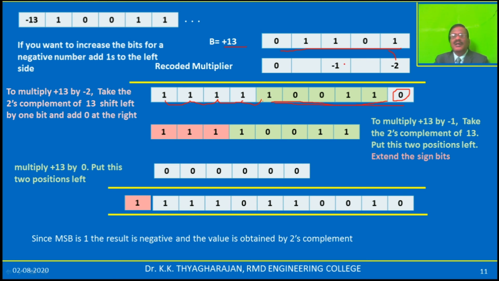Then the multiplicand should be multiplied by minus 1. So actually in the multiplicand you have plus 13. If you multiply by minus 1, you will get minus 13. So the code for minus 13 is this one. So you put that 10011 in the second row. But when you are putting that value, you should be careful. Since it is in the third position, you have to put it here only, not in the second position. So you have to start here. That value you have to put.